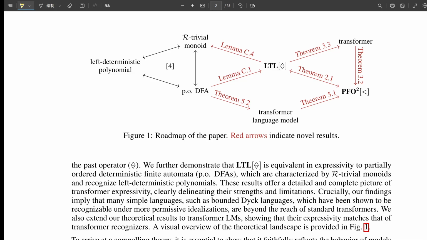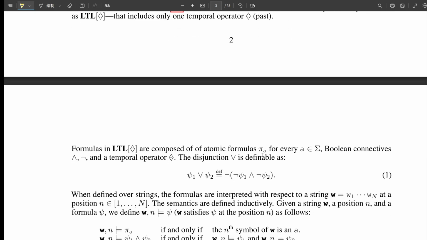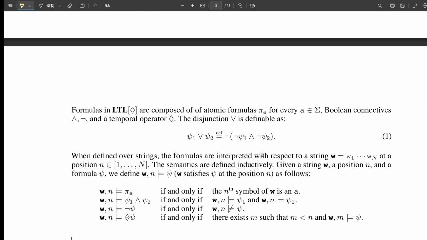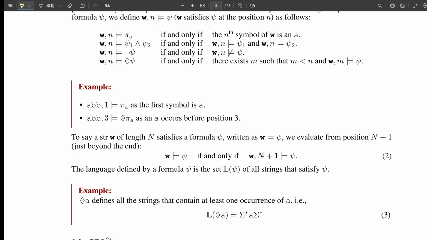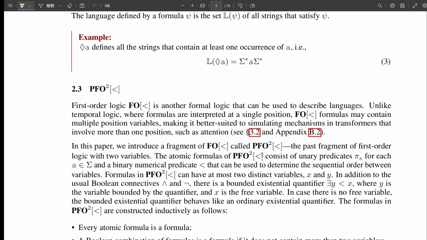So first they show that this LTL is equivalent to something called PFO2. PFO2. Okay, another one. What's that stand for? That's the past fragment of first-order logic with two variables using only the less than relation. So it's a type of logic that talks about positions in a sequence, but again, restricted. You can only use two variable names. You can only compare positions using less than. And critically, quantifiers are restricted to look only at past positions relative to some reference point. So another past-focused logic, just framed differently, a kind of stepping stone in the proof.